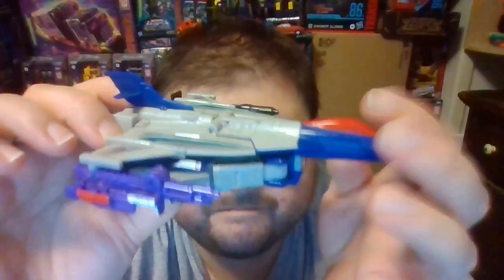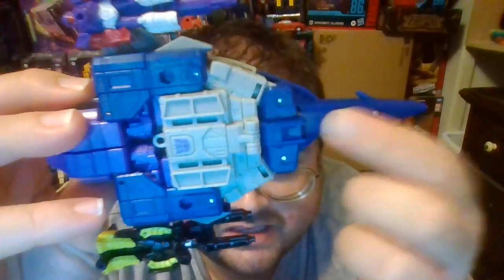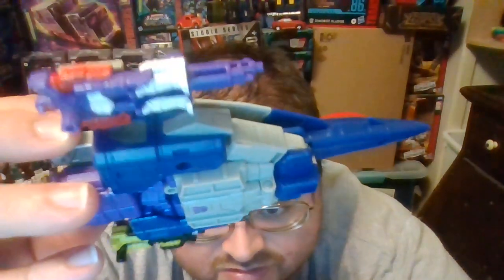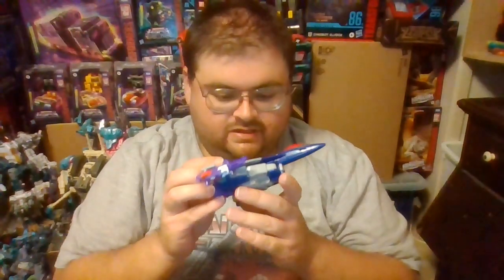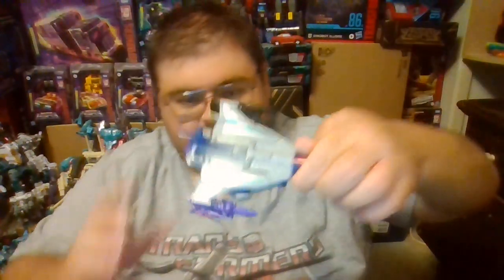Alright, and so here is Needlenose transformed into his jet mode, and unfortunately, one thing that Needlenose is lacking is any type of landing gear. They have the potential to sculpt landing gear here on the nose of the jet mode since it's just kibble in robot mode, but it's non-existent. There isn't even any sculpted landing gear on him at all. And again, as I've been saying throughout the review, when you transform Needlenose into jet mode, he's primarily just the robot mode folded in underneath,